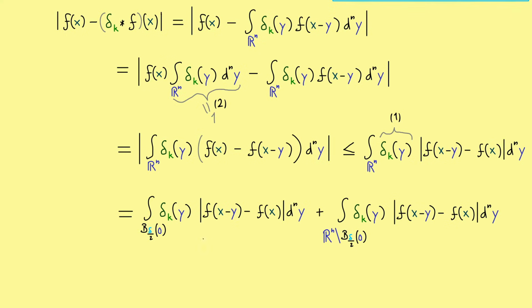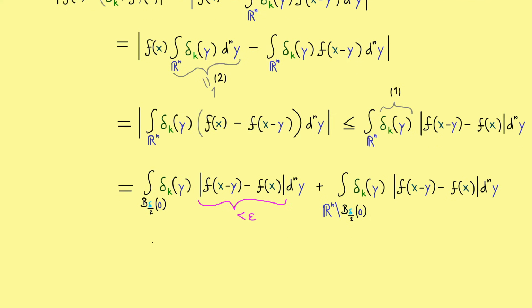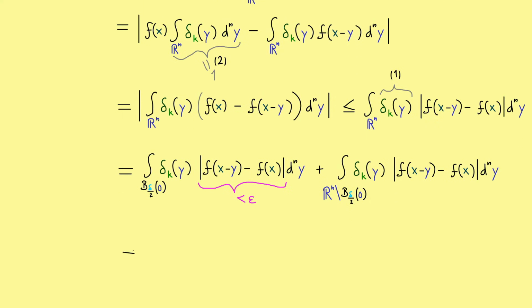And there we already have one fact, namely on the left we know that this difference is definitely less than epsilon. So please note this was from the chosen delta from the uniform continuity. And because of the properties of our delta function, we definitely know that the whole first integral here is less or equal than epsilon. So we only have to care about the second integral, and there we already know that